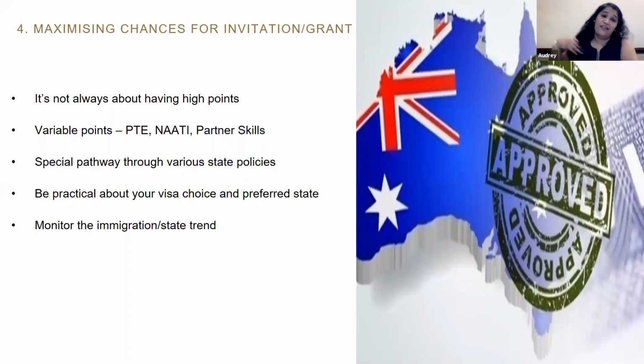But if you're very certain that you do not wish to start the process, because I have a client, for example, she told me she only wants a 189, but she's at 85 points. And I know for certain 85 points is not going to work for her occupation, okay? So we need to be honest to you about that. So it's either she accepts the probability that, okay, fine, I'm going to look at the 491 or a 190, or stay with the 189, okay? So start it if it's really suitable for you, of course, but be practical about which visa will get you a visa eventually, right? And a preferred state.